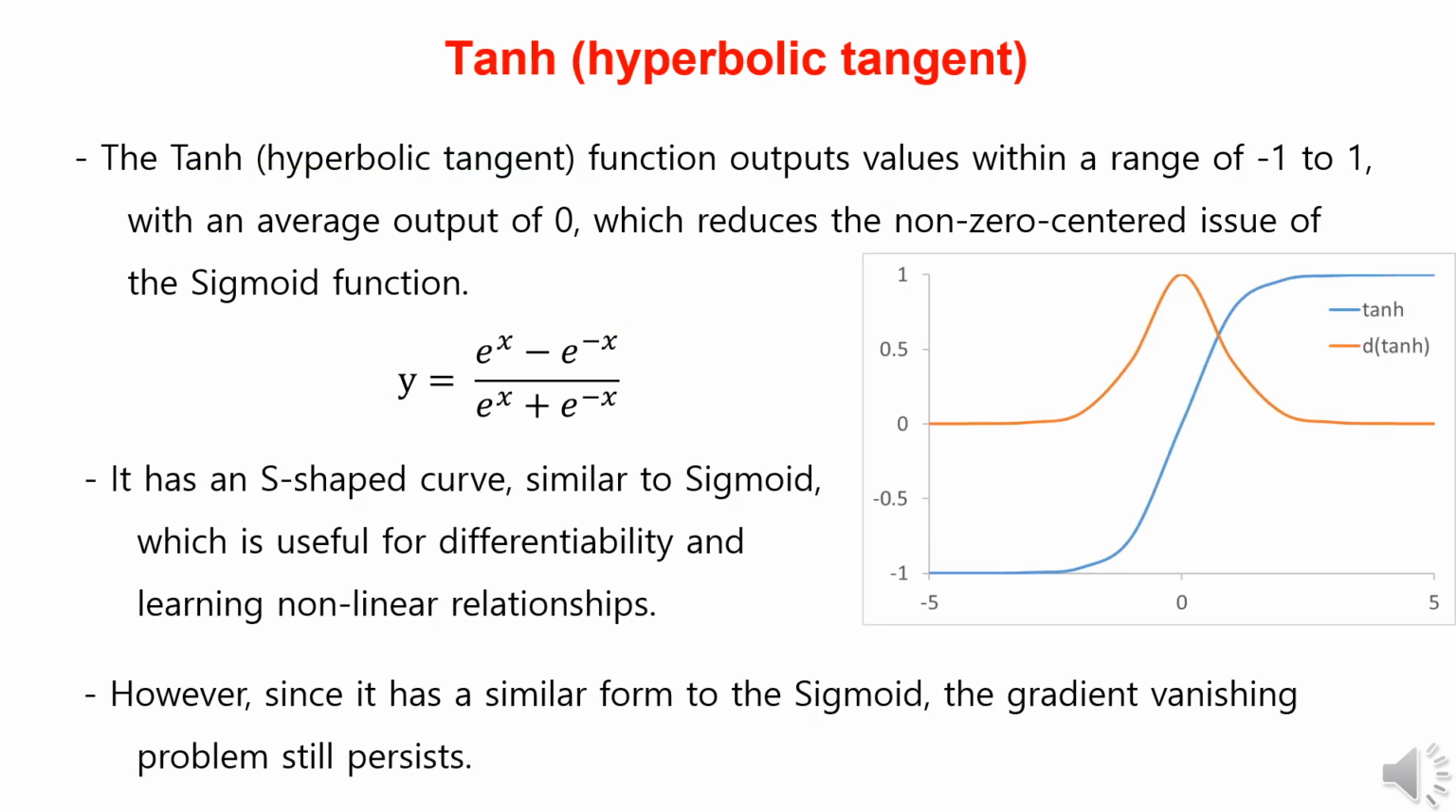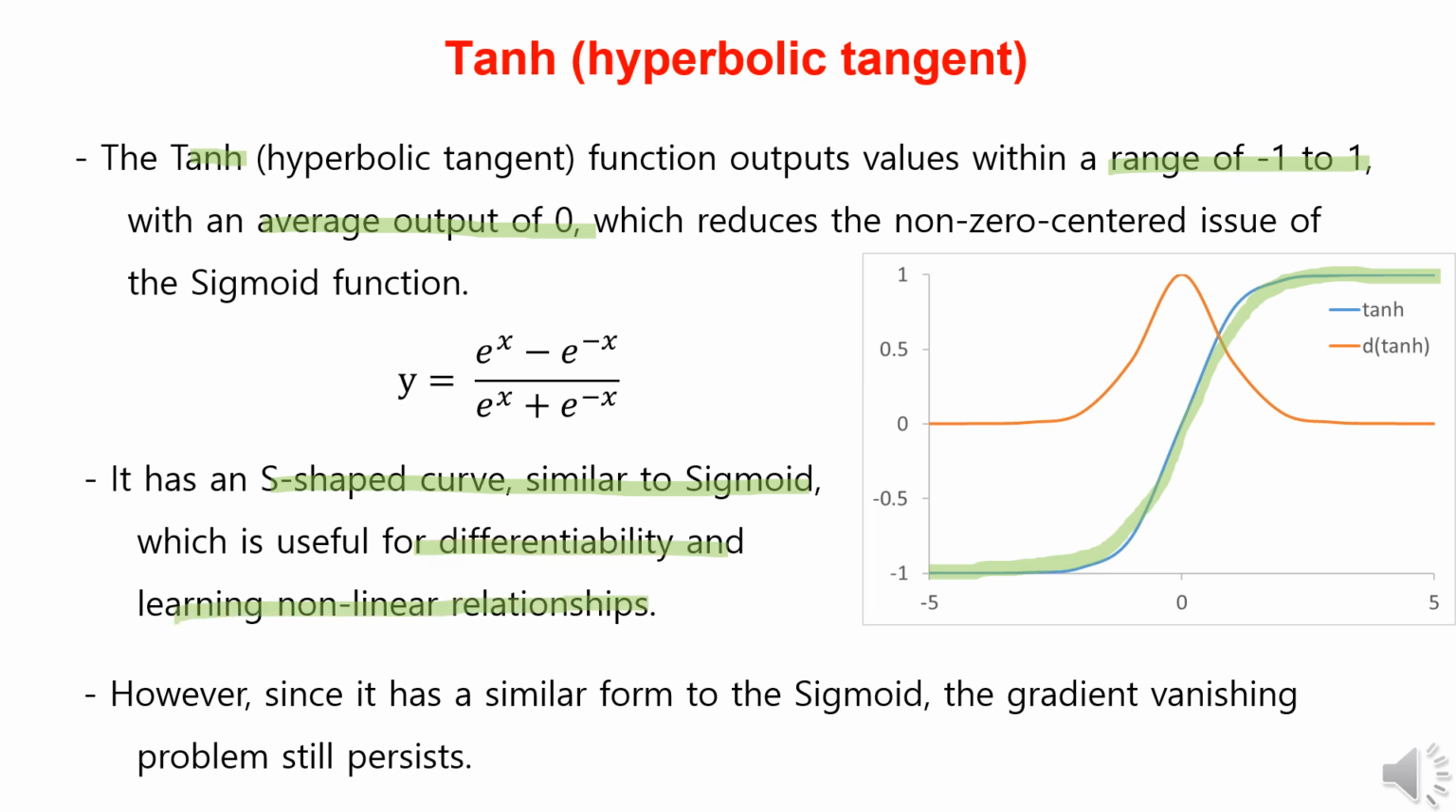The Tanh function outputs values between 0 and 1 when the input is positive, and between 0 and -1 when the input is negative. So the entire output range is between -1 and 1. Since Tanh is symmetric around 0, it can make learning faster and more stable. It also has an S-shaped curve similar to the sigmoid function and offers non-linearity and differentiability, making it useful for